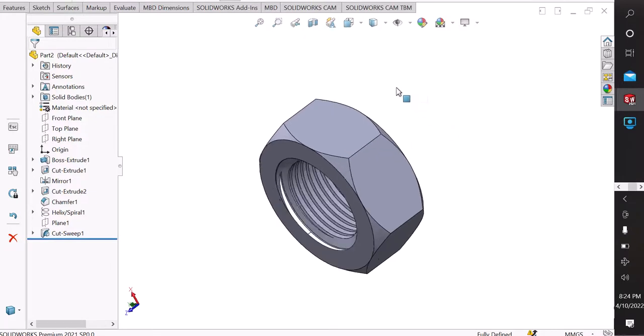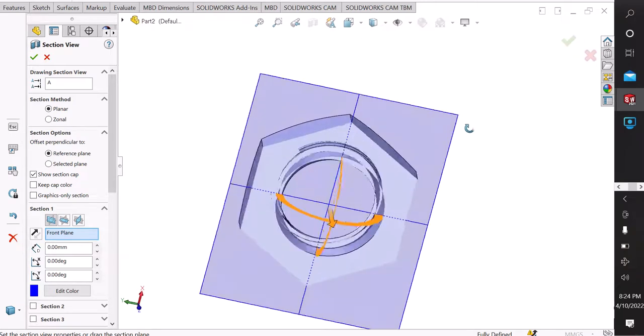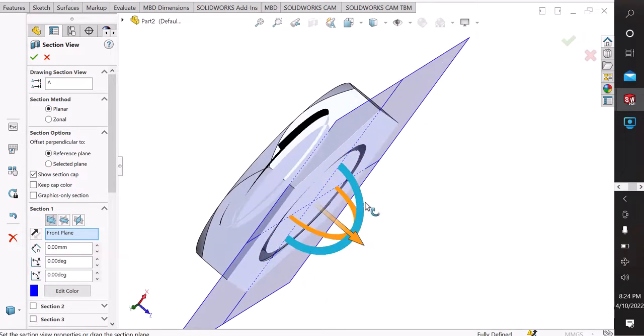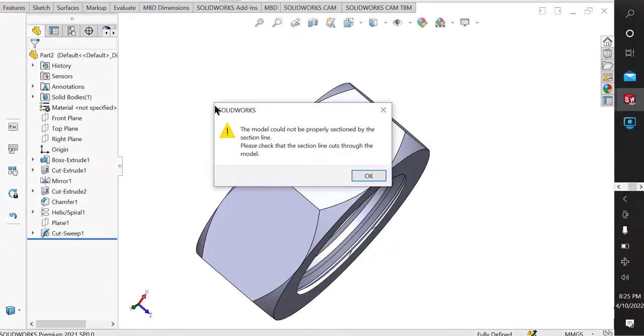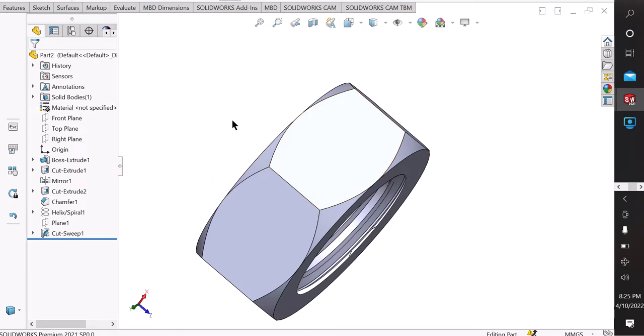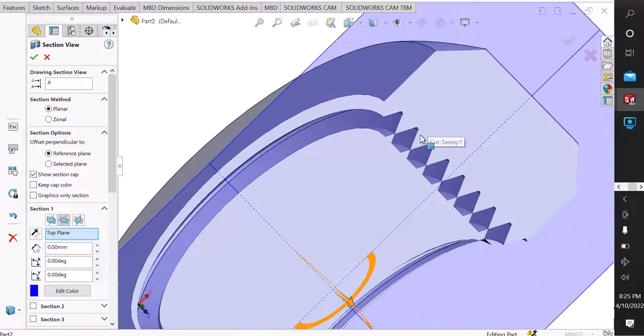This is the nut mechanical part, a major part, I think. First, to see it properly, click here section view. See, if you want you can make a section. Here click this option. Click this. See, showing is a section. Okay,